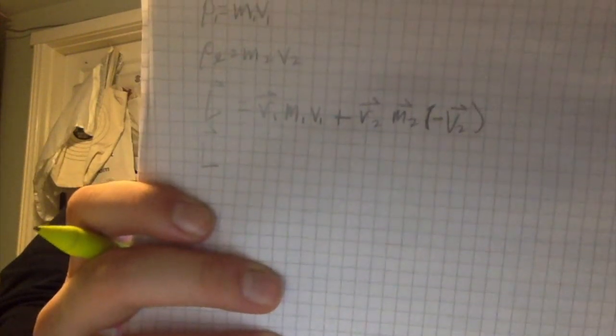So that's times negative velocity 2. So what that means is that r1 m1 v1 minus r2 m2 v2